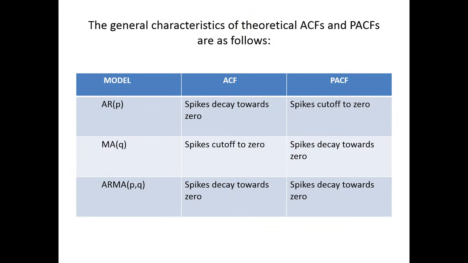So the general characteristics, or theoretically, what you can see is that if you are doing an AR(p) model, the ACF will have a spike and then it decays. The PACF will spike and then cut off to 0. In the MA case, the ACF spike cuts off to 0, and the PACF spike decays slowly to 0. In ARMA(p,q), we will have spikes that decay to 0 in both. So these are some of the patterns,